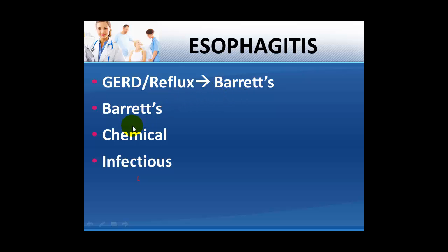to Barrett esophagus. And Barrett esophagus, not the apostrophe S one, is something which we'll be discussing in a while. Apart from that, we have some chemical causes. The people who have attempted suicides have ingested all kinds of things like acids and alkalis and even furniture polish, so they do get esophagitis if they survive. I mean, if they are successful in their attempt, they won't get esophagitis, but if they have an unsuccessful attempt of suicide, they would definitely develop a chemical esophagitis. Apart from that, there are certain infectious causes of esophagitis as well.